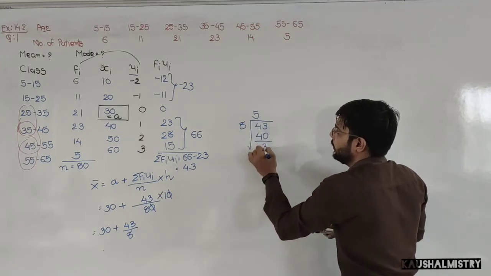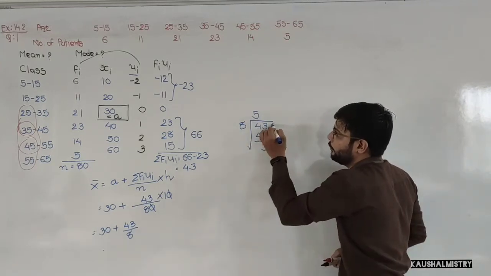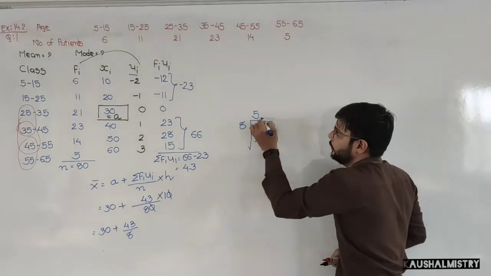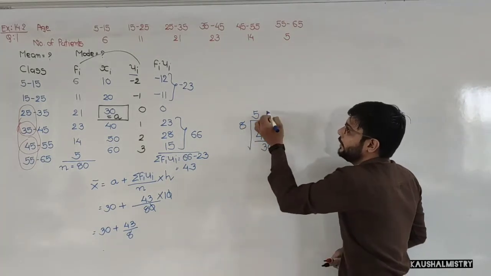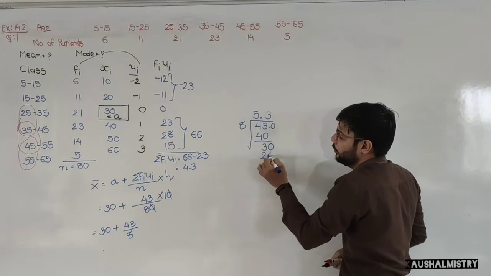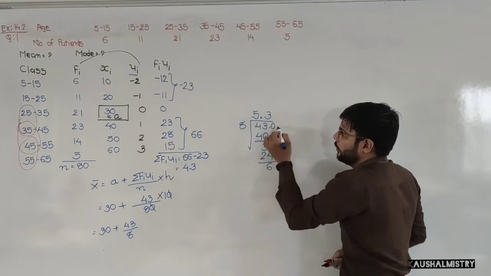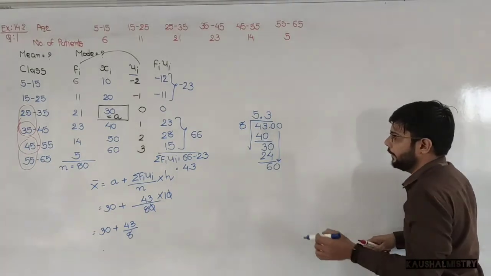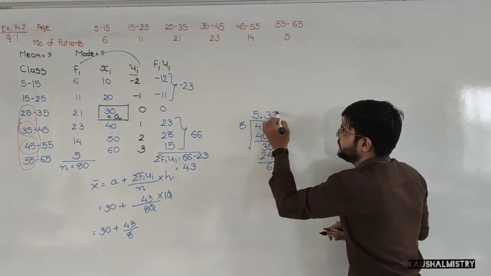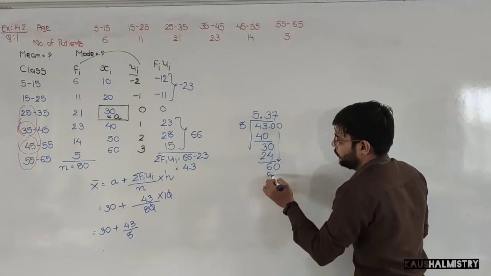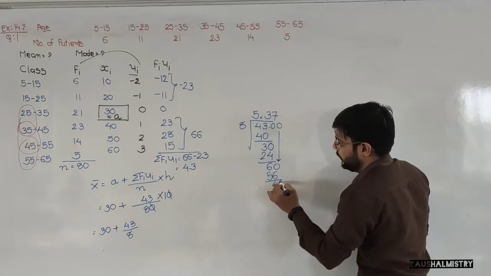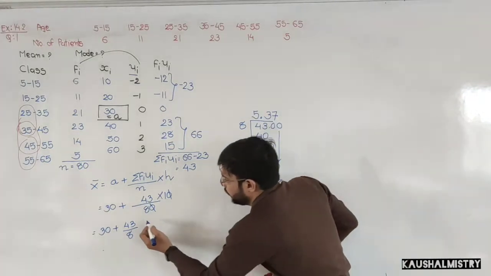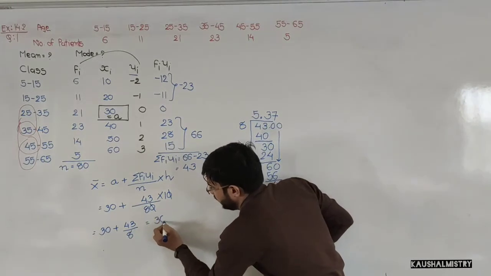So 3 will be the remainder. So we have to put 1 point here and 0. So this will be 8 3s are 24. So this will be 6. We have to put another 0. It will come here. So 8 7s are 56. So answer will be 40. So this will be 30 plus